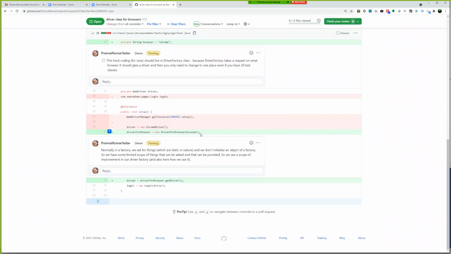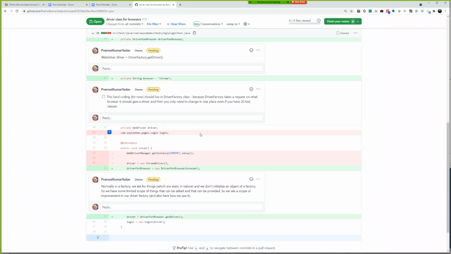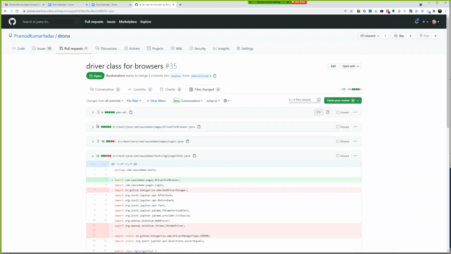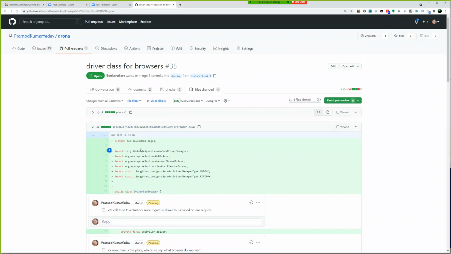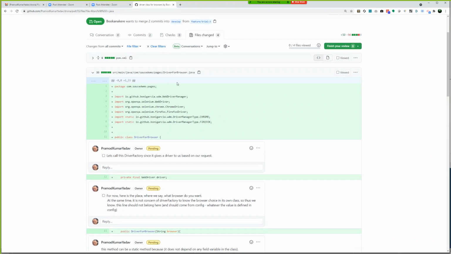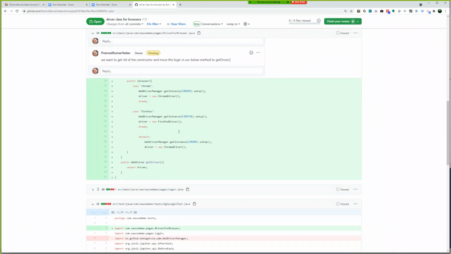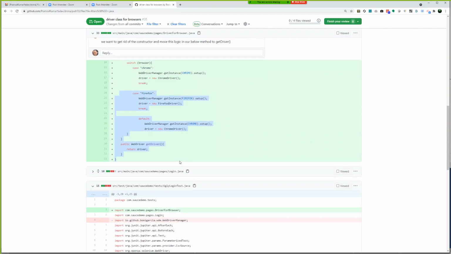No. See, you are saying come down to the driver factory. Yep. So here you're saying all this will be in one method called driver for browser, right? Yeah, driver for browser. Yep. So here if you scroll down. This last part. Yeah. Here you're saying even this part about the switch case that I have, that will come under this method, right? Get driver method. Correct. Yeah, my point is if I do that and then at the